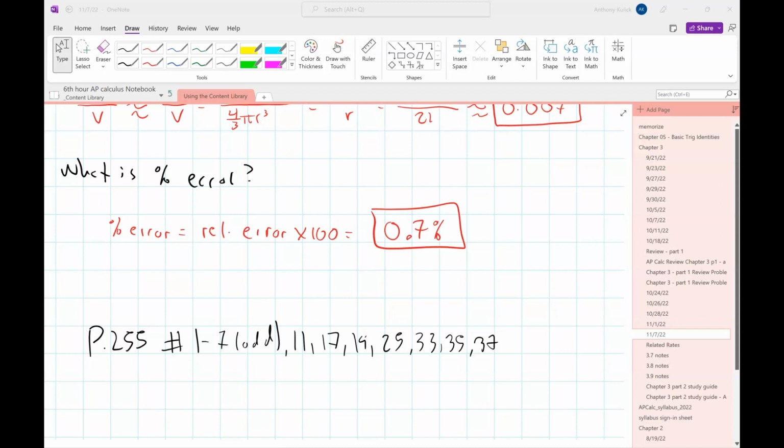Which again, sometimes that's tough to tell, because you're using it to calculate a volume. How bad could that volume get with that much error on a radius measurement, because you're taking that measurement and cubing it? So sometimes it's not always clear exactly how that error is going to be transferred through. All right. We'll